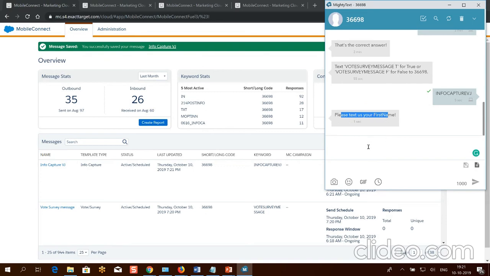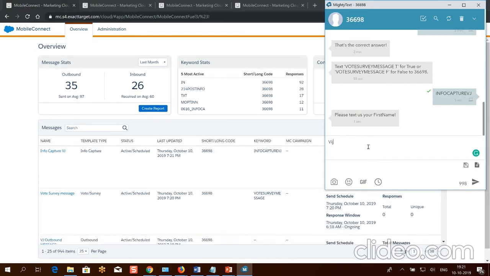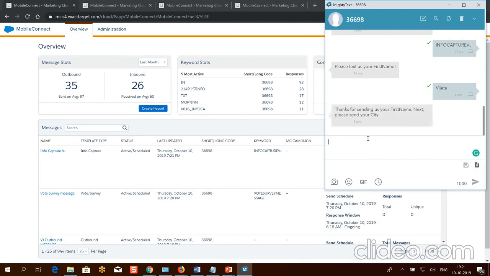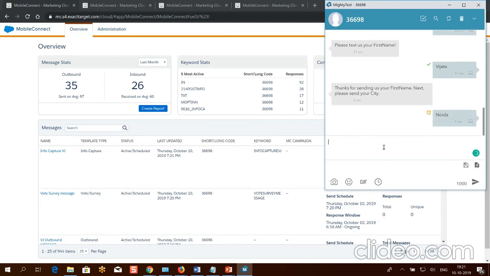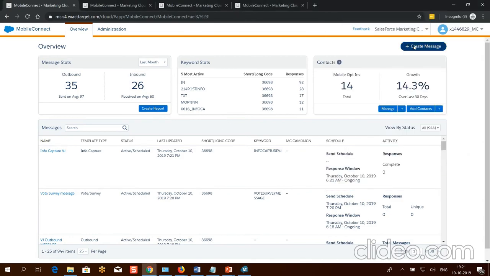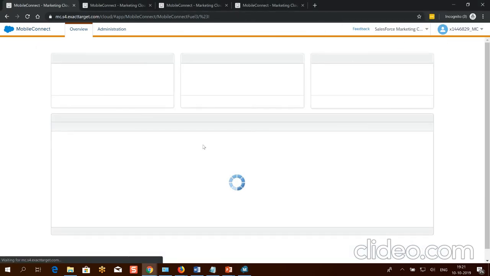This is what I have set in our messages: please text your first name. I will be texting my first name. Now it will ask about your city. Yeah, my city is Noida. Enter, and it will prompt: thanks for the information. Yeah, okay. So similarly,